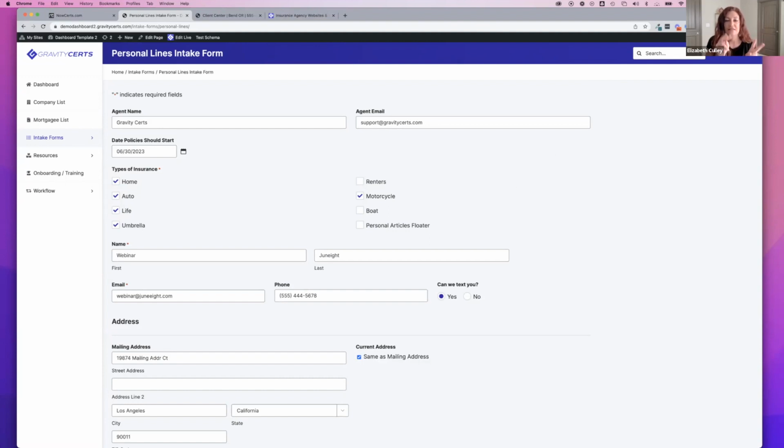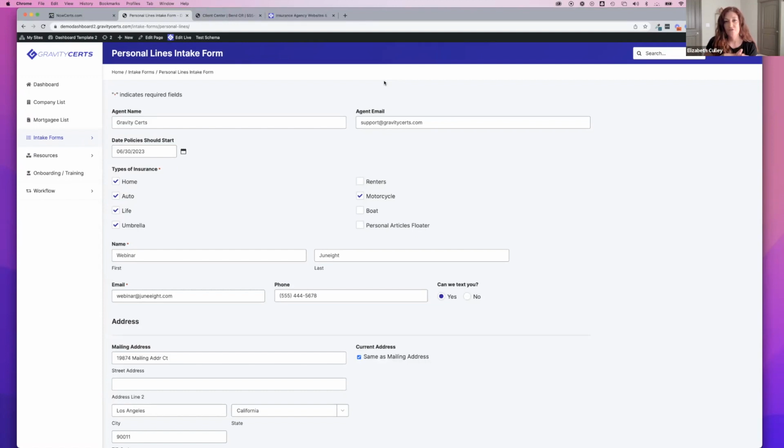has different versions of intake forms, right? How do we gather information for clients? So we have a couple different options for you. And again, this is all on your website. That is one of the key features of working with GravityCerts, is that we want this on your website so that it's boosting your SEO, you're getting found better on Google, and it makes your agency 24/7 accessible to